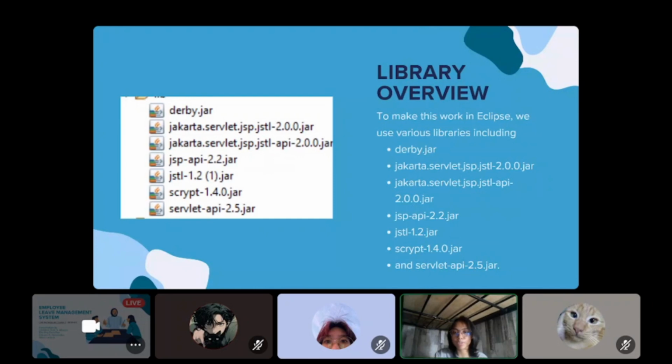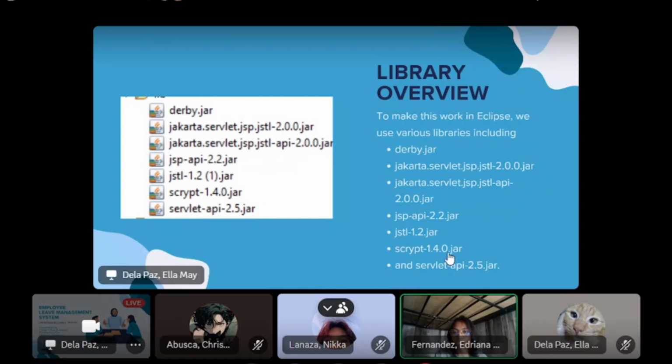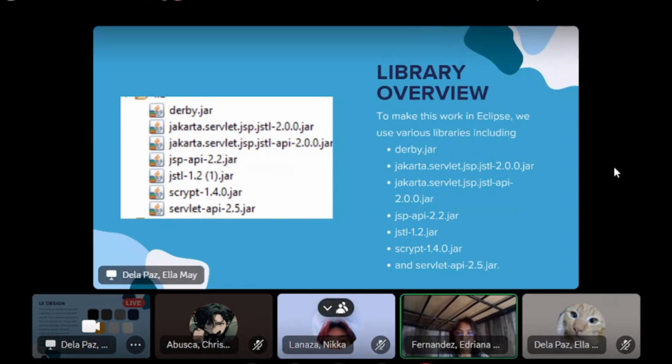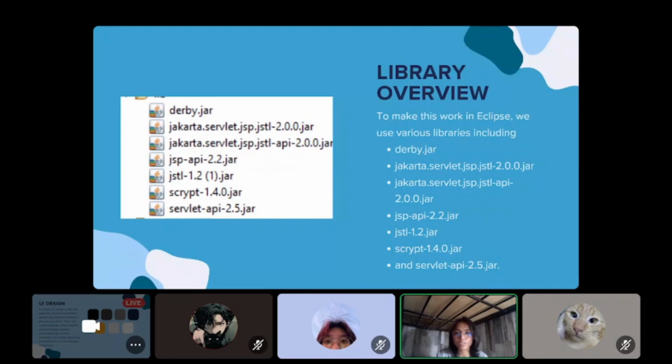JSP API, this is the Java Server Pages, or also known as JSP, API which allows developers to create dynamically generated web pages based on HTML, XML, or other document types. Next, we have JSTL 1.2, an older version of the JSTL library providing custom tags for JSP to handle common tasks.